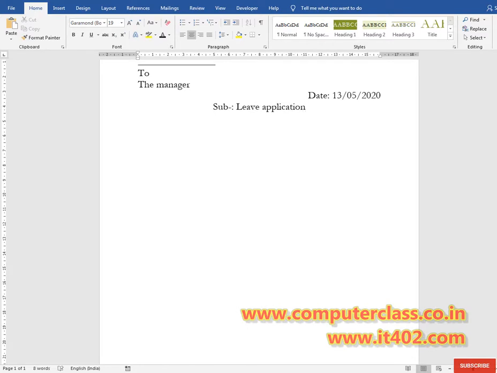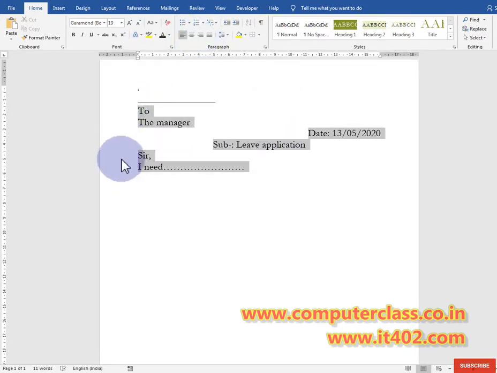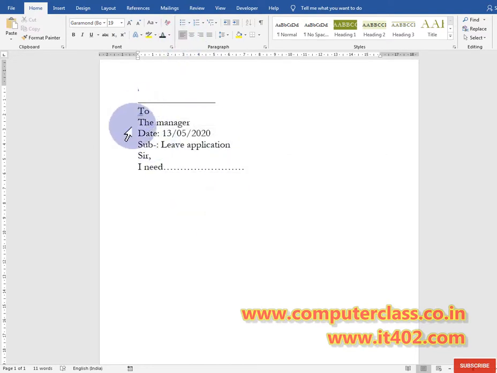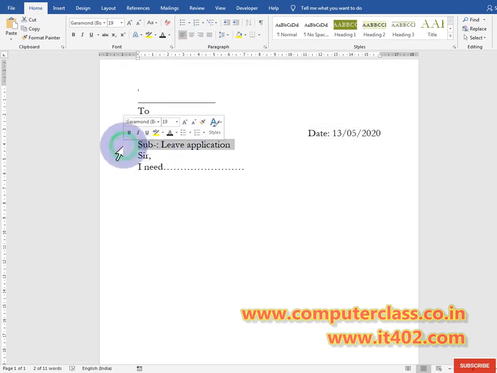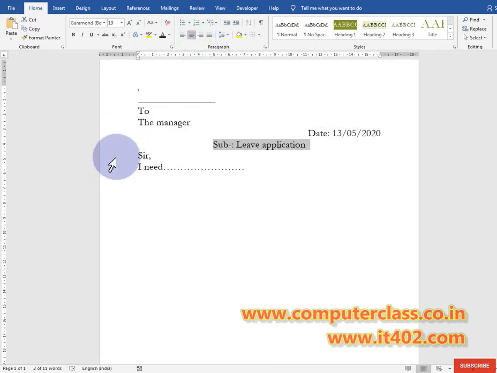Leave application. After enter, now you want to write on the left, so you need to click on left alignment, and after that you can continue like that. Before writing, you can select any of the styles, or after writing you can also do that particular task. For example, I have just written, and now I want to shift the text in a particular direction or alignment, so I select the particular text and give the alignment. So these are all the uses of left, right, and center alignment.